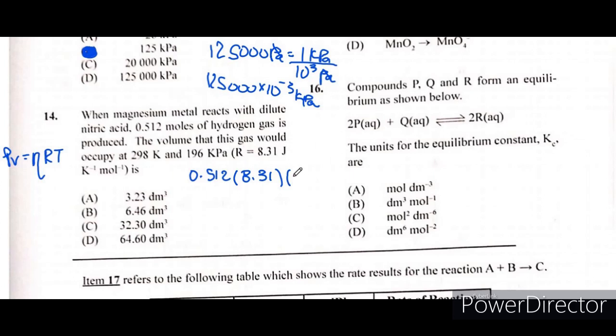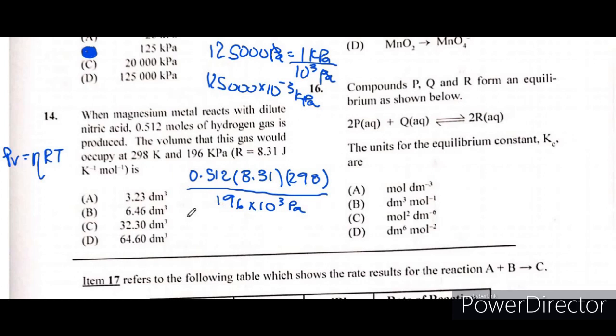298. Ensure that it's always in Kelvin, and we're going to divide by 196 times 10 to the 3 pascals rather than kilopascals, working in SI units. Okay, let's do that. 0.512 times 8.31 multiplied by 298, and divide all of that by 196 times 10 to the 3. Now I got